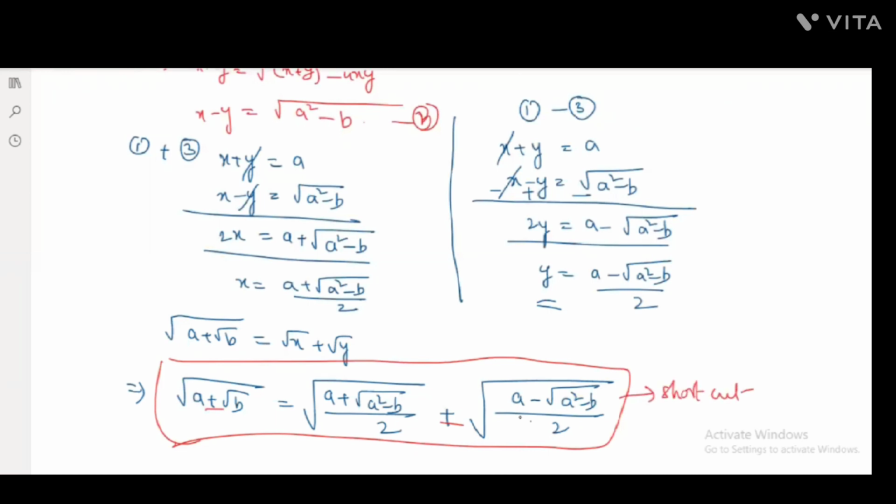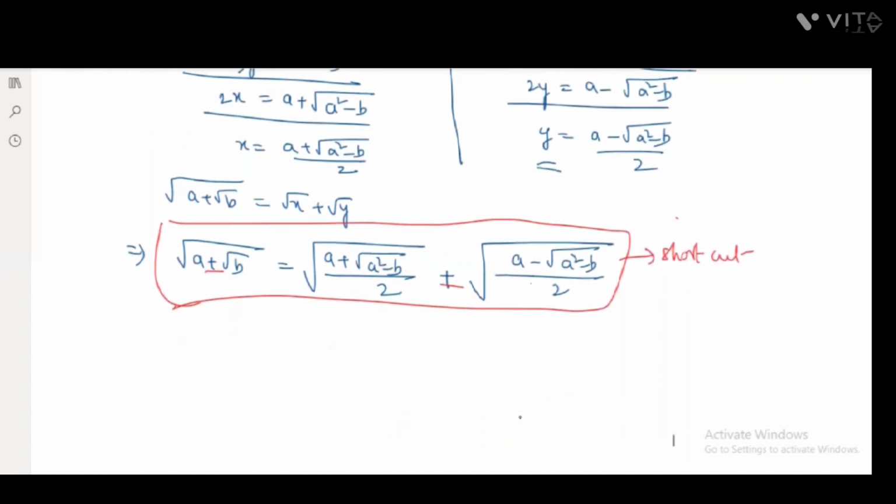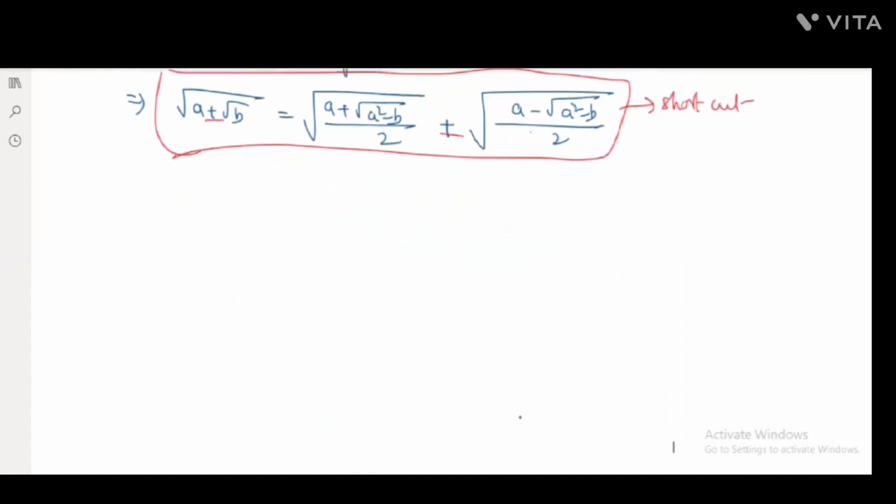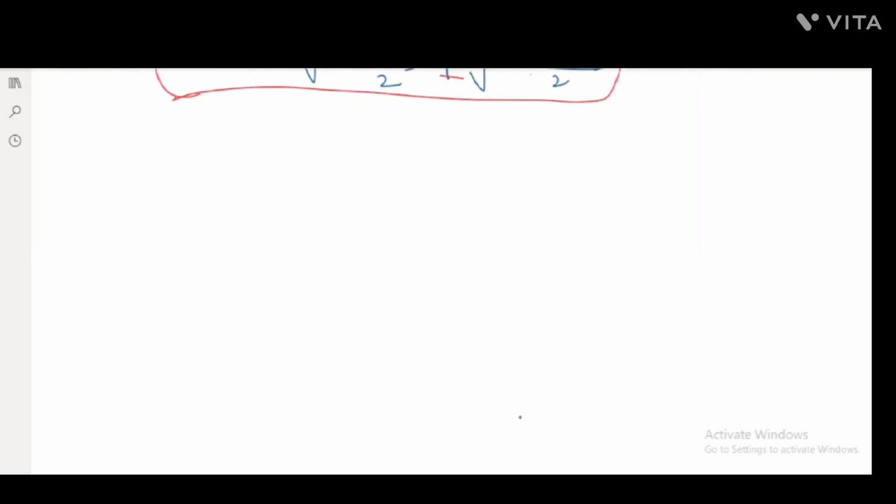So in processor wise, if you want to solve, you can solve like this, how I explained how to find the square root of the surd. So hope this is clear. So let's solve an example based on this. So let's see one problem here. So the example is